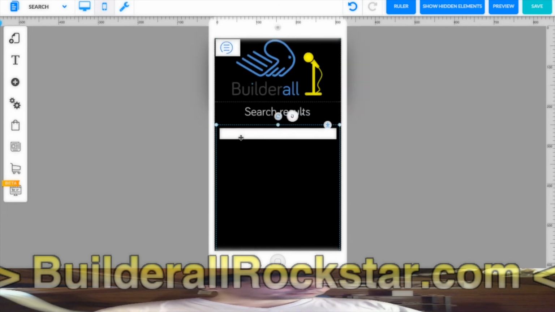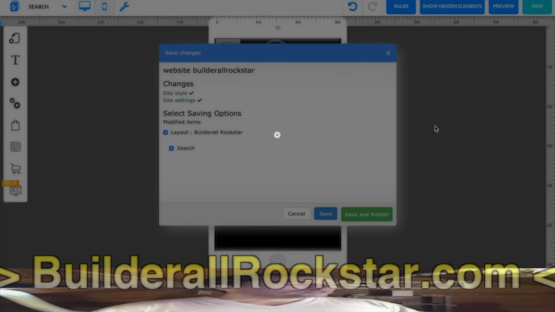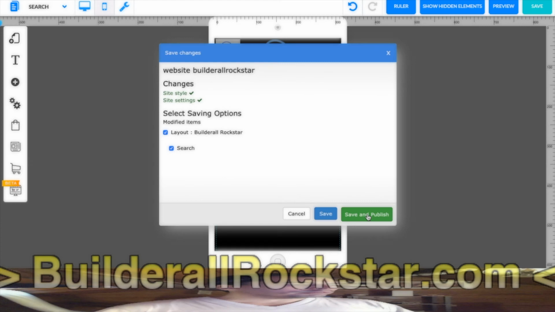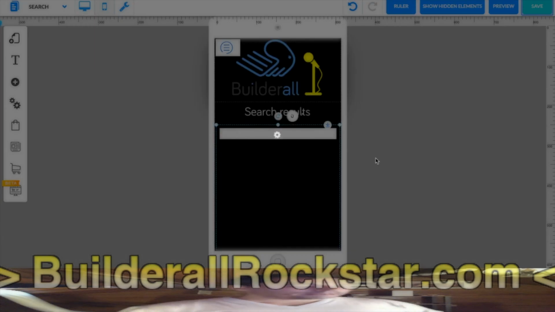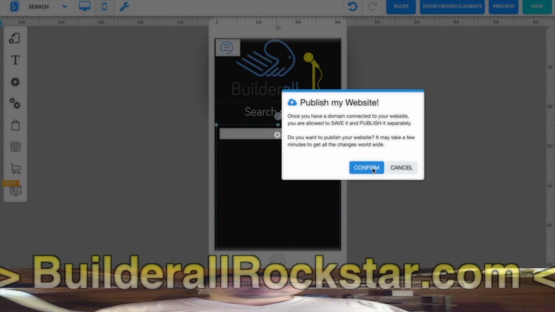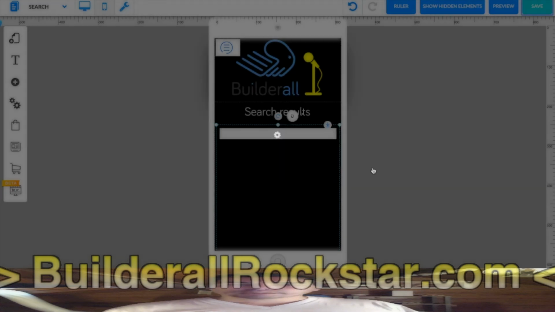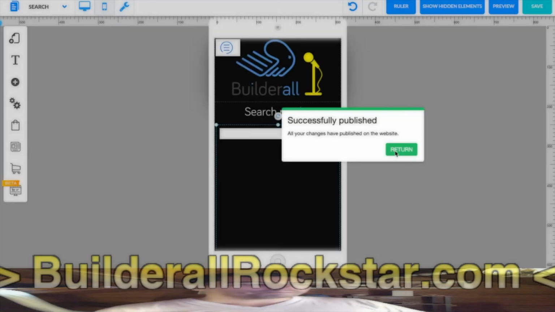So here, voila, we have put it. This is a mobile search results page, which will be nice looking. Save. And save. So now I go to the live version of my website on the page that you are looking at now. If you are looking at this video on my website, you are looking at the page, and at the bottom of this video there are two search boxes.